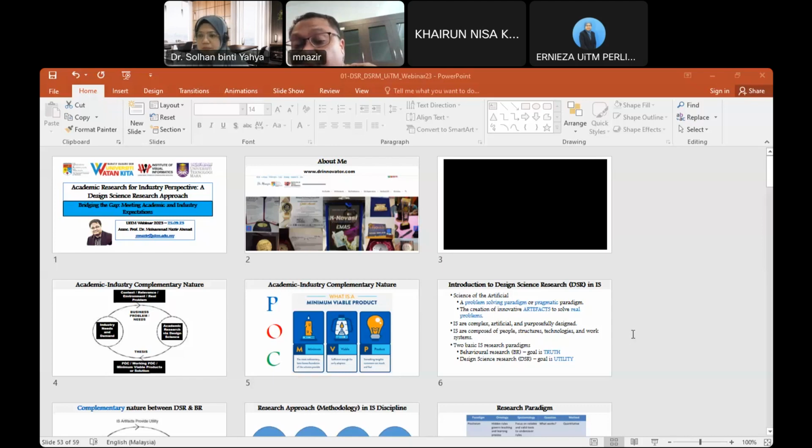contoh you build software, you pakai rapid application development methodology pun dah cukup dah okey dah, ataupun you pakai waterfall model untuk develop you punya software system pun dah okey dah dalam FYP kan. Sebab you tak buat extension ataupun contribution knowledge pada waterfall ataupun pada RAD, you just apply. Boleh, tapi untuk DSR ni dia lebih sesuai kepada